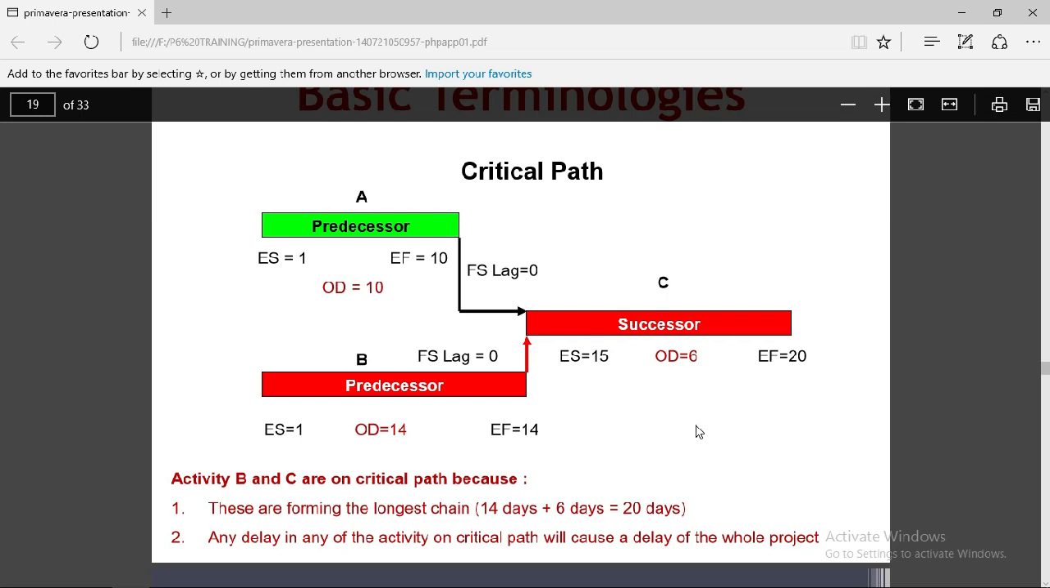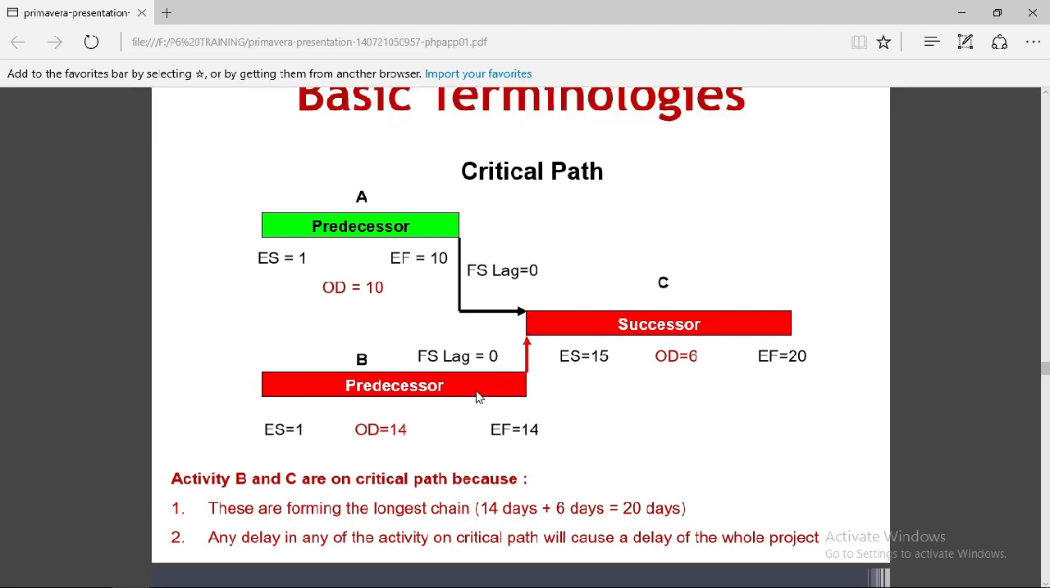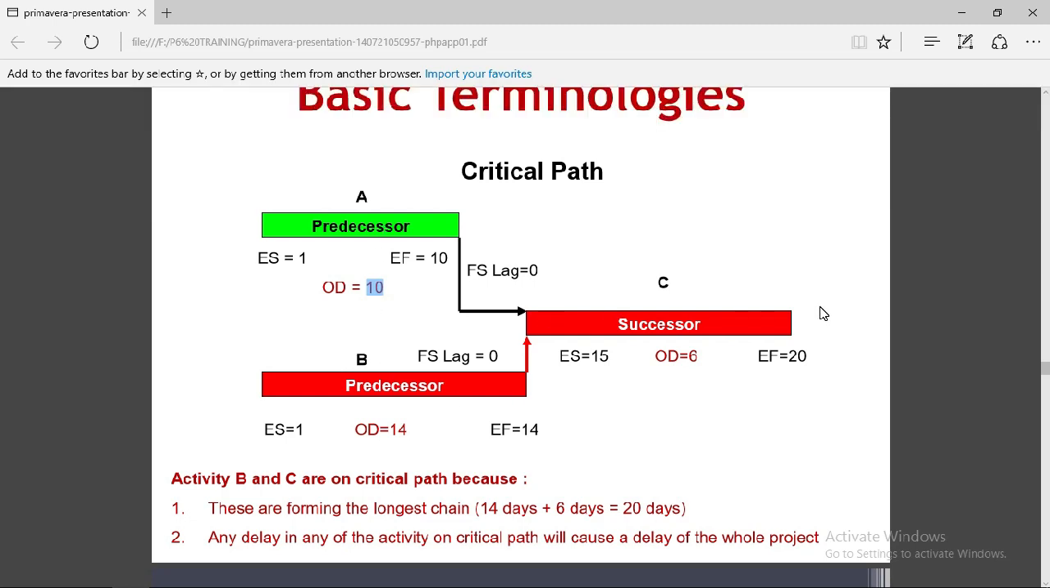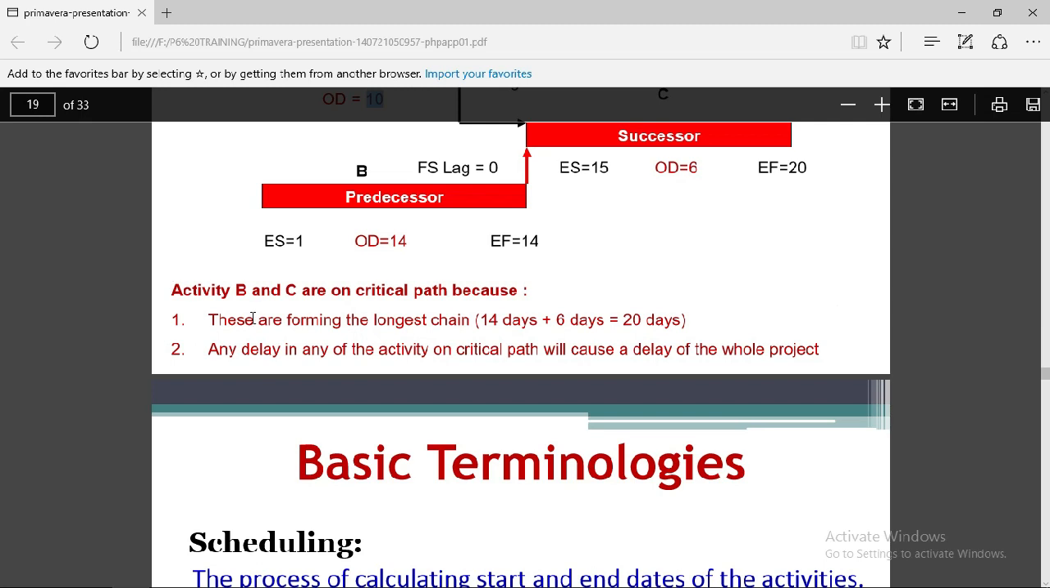This is the 20. So our critical path is this one, B to C. This is not the critical path because it can be delayed for 4 days, because this is taking 4 days extra time than this one, so it can be delayed 4 days. This is not the critical path, this is the critical path. Here it is calculated. Okay,